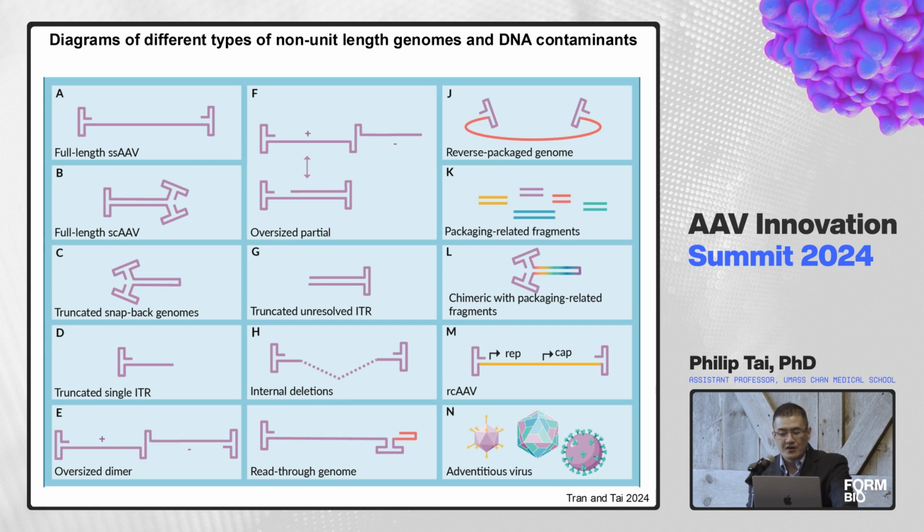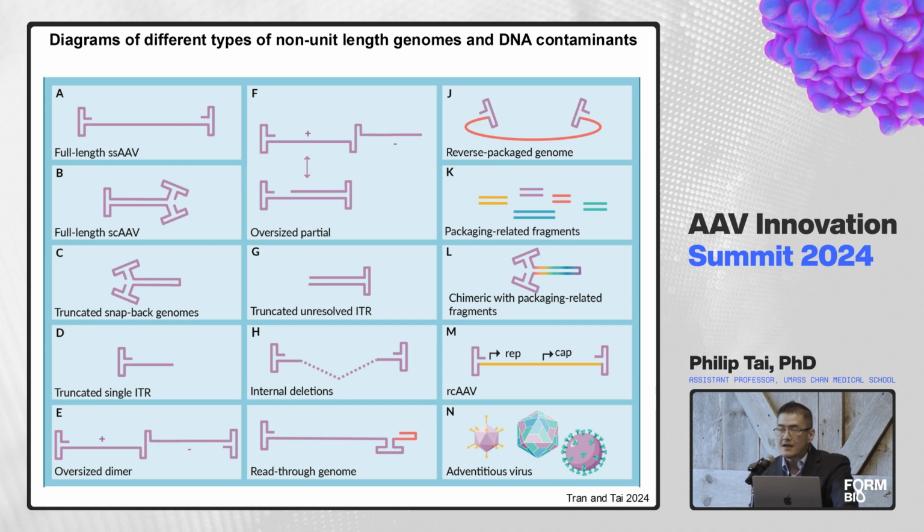We also pick up these truncated unresolved ITRs, so it has this composition of, again, a double-strand molecule that's sealed on one side, but they're very different from the snapback genomes, right? And they have this unresolved ITR here, and then a double strand on one side. We also get internal deletions, and the other two populations that we see very